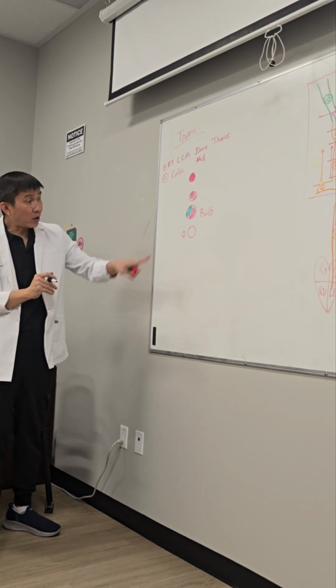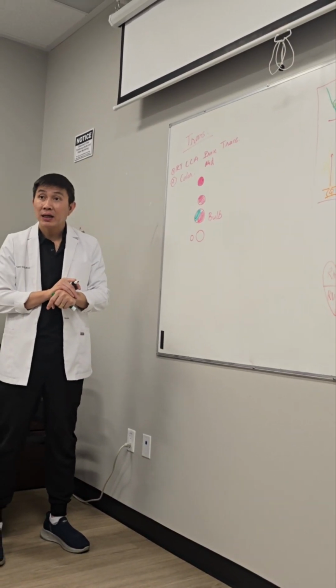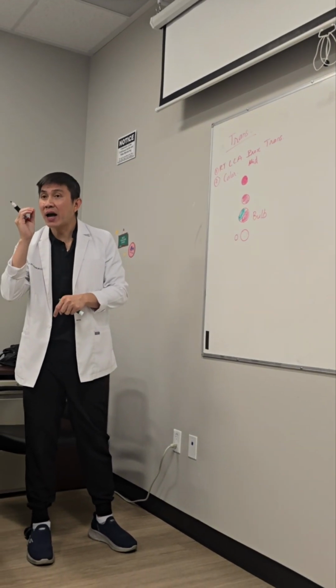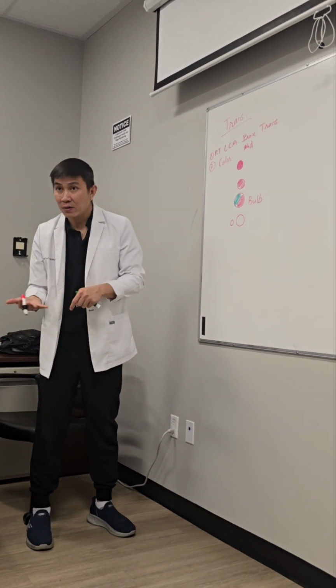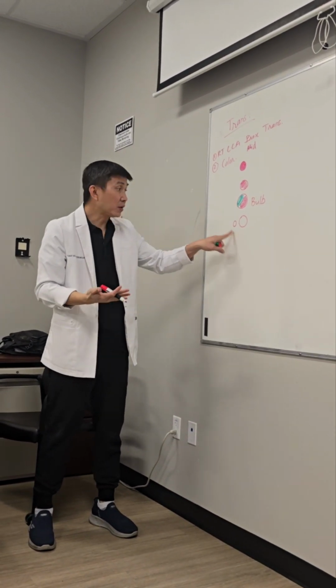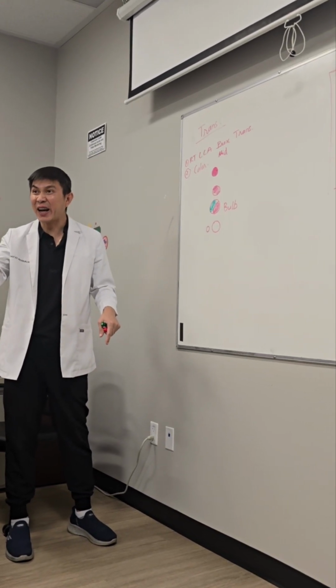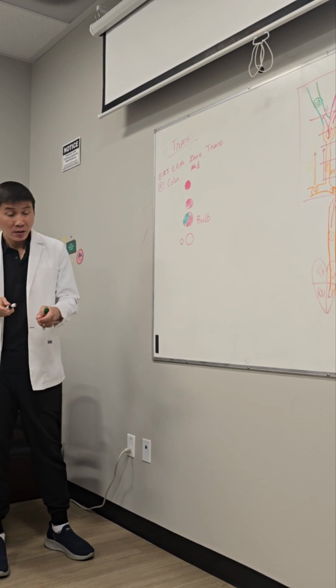Based on the size, can you tell which one is ICA or ECA? ICA is the big one. Yes, ICA is big. Based on the size, you can get at least a first idea which one is ICA or ECA, but not always, because